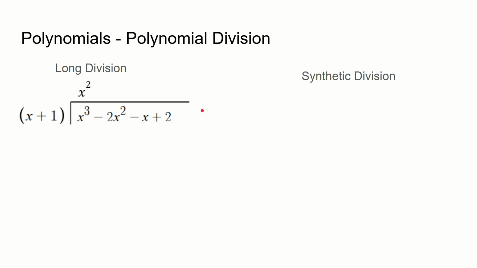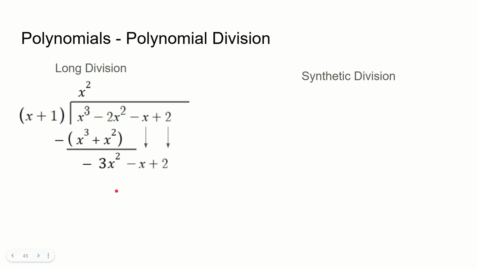So then what we're going to do is multiply this entire divisor by x squared and subtract it to represent that we've taken out this times x squared. And then we'll simply do that subtraction. Obviously this part will cancel, and we'll be left with negative 3x squared. We'll bring down the rest of the polynomial,